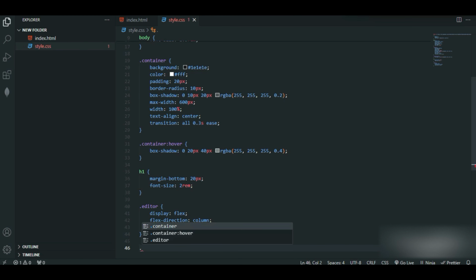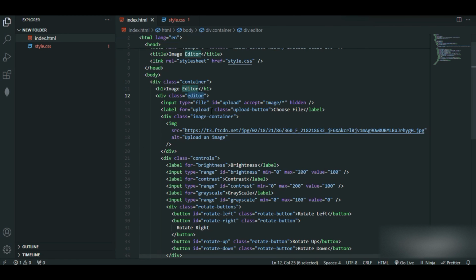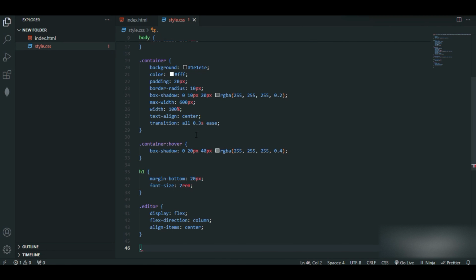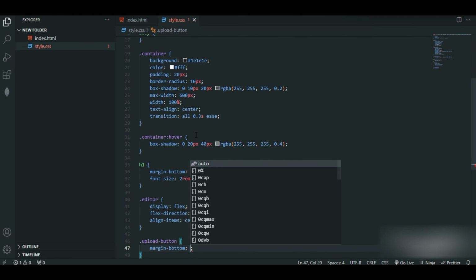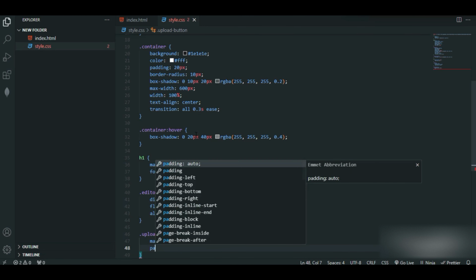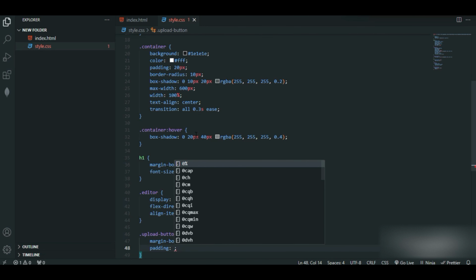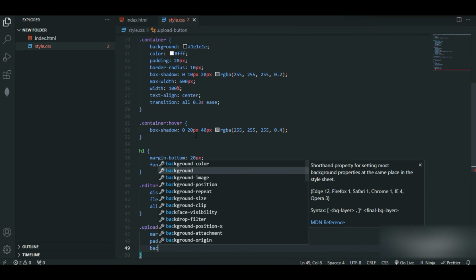Next, let's style for the upload button. So where is this upload button? This one, right? So I'll just copy this one, paste it over here. Upload button. Let me give margin bottom of 20 pixel, padding of 10 pixel and 20 pixel, background of